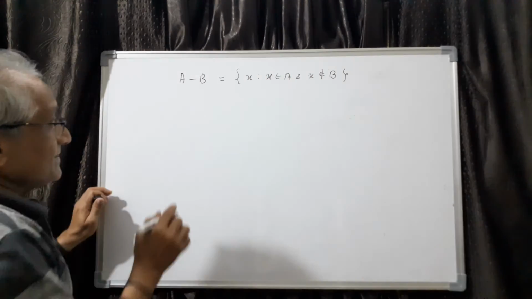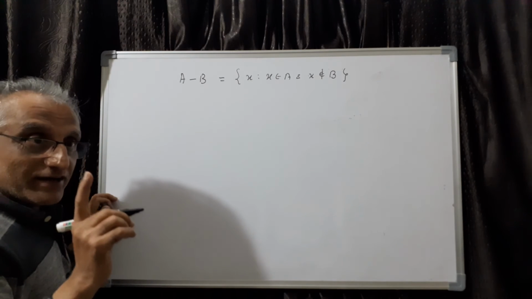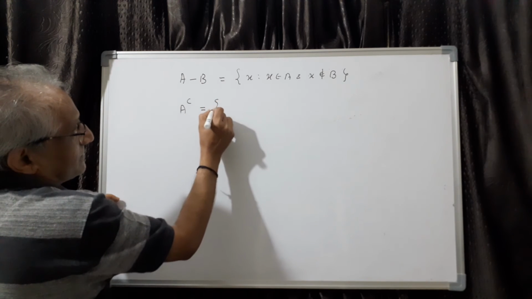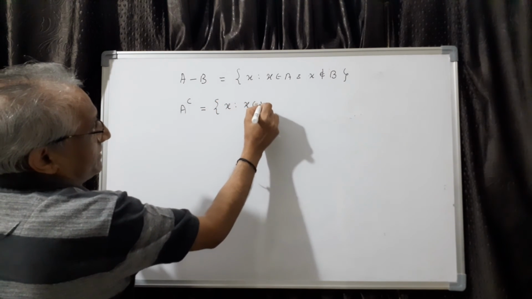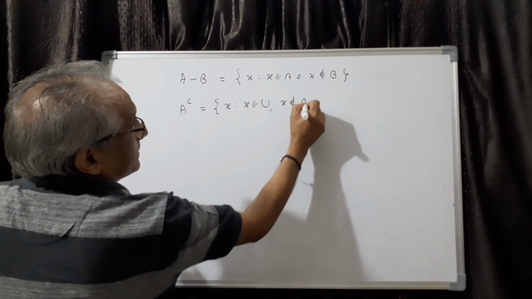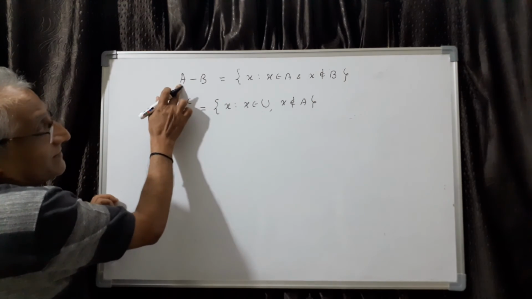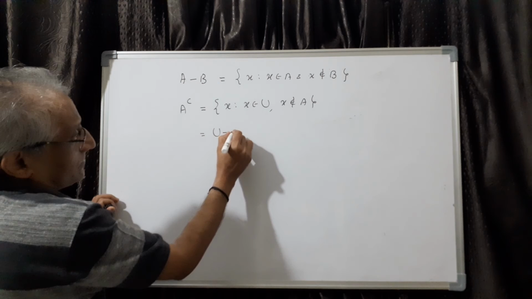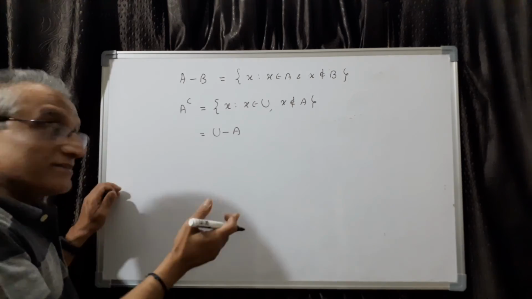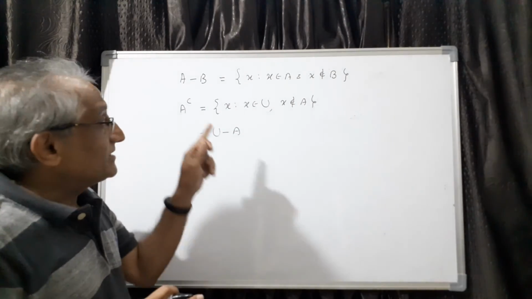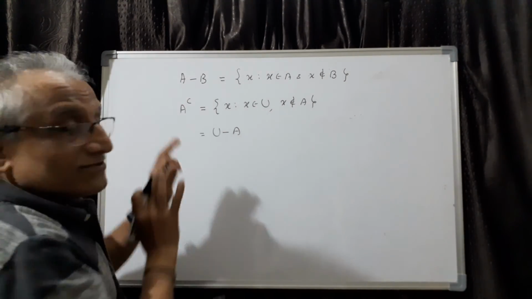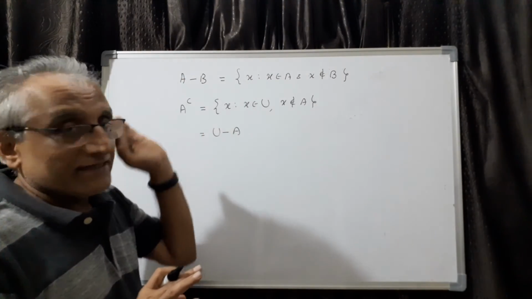So this is difference. Second one, complement: whenever you want to find complement, this U is a must. A complement means set of all x such that x should be in U and x should not be in A. And remember this definition is exactly similar to this. So you can also write it as U minus A. Both are only the same. Using difference also you can define, without difference also you can define. But what is very important in difference is without universal set you cannot find this, whereas here universal set is not required. Directly we can find a difference.